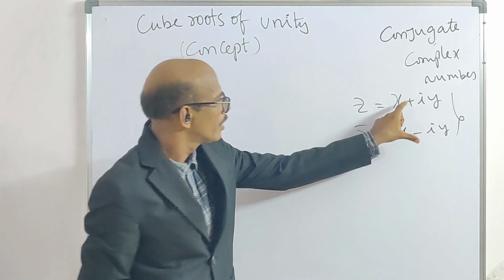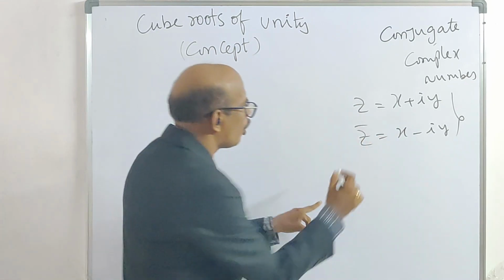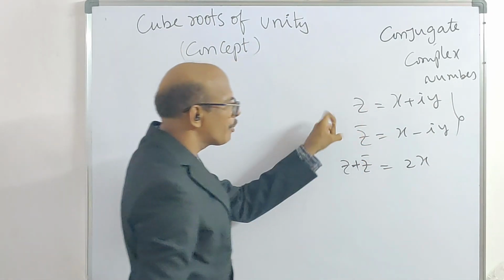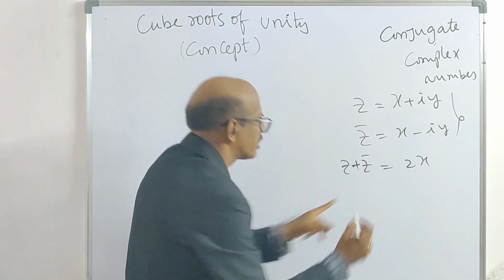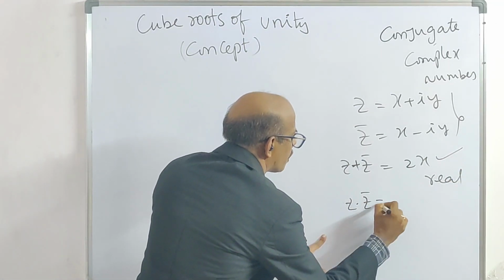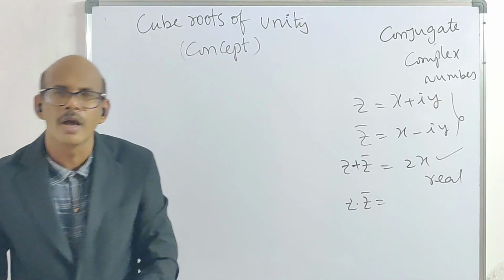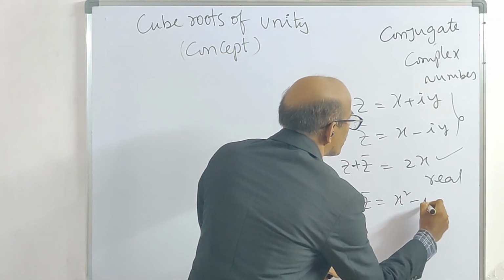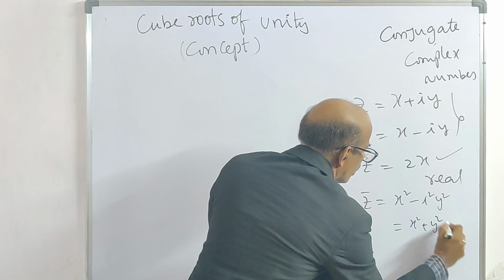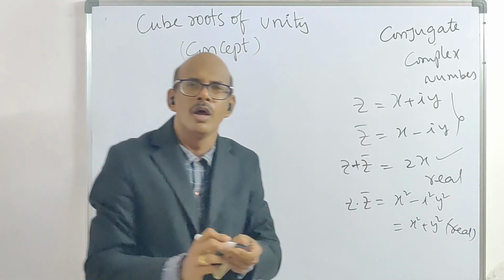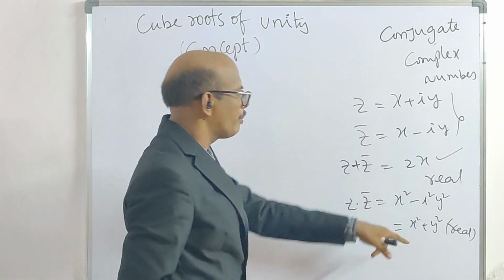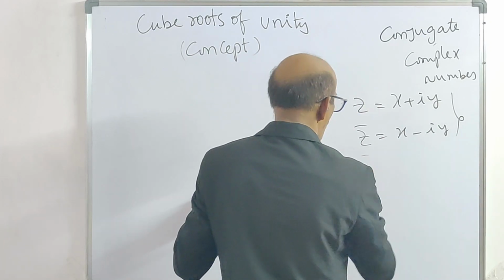If you add both, concentrate, z plus z bar is real. If you add both, iy cancels, giving 2x, which is real. If you multiply z into z bar, a plus b into a minus b, it is a square minus b square, and since i square is minus 1, it will be x square plus y square, also real. Means sum and product